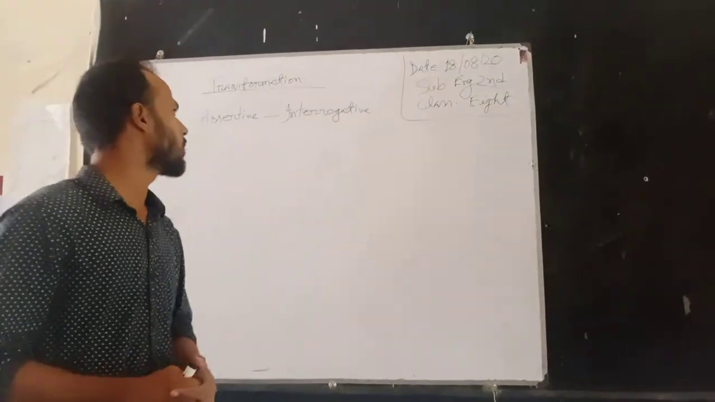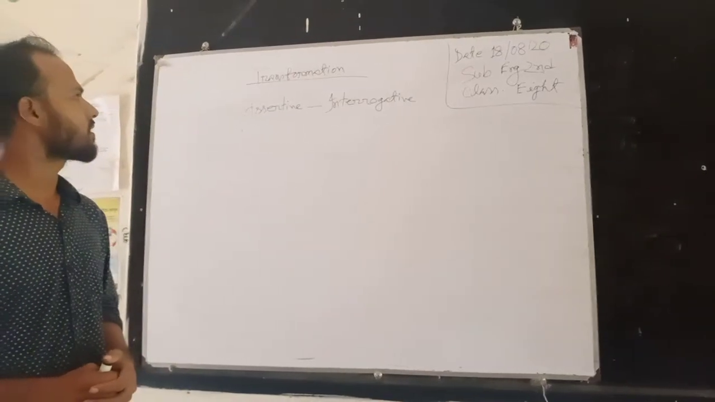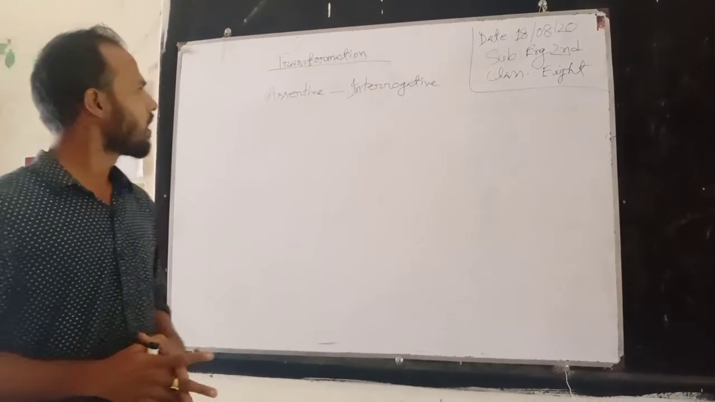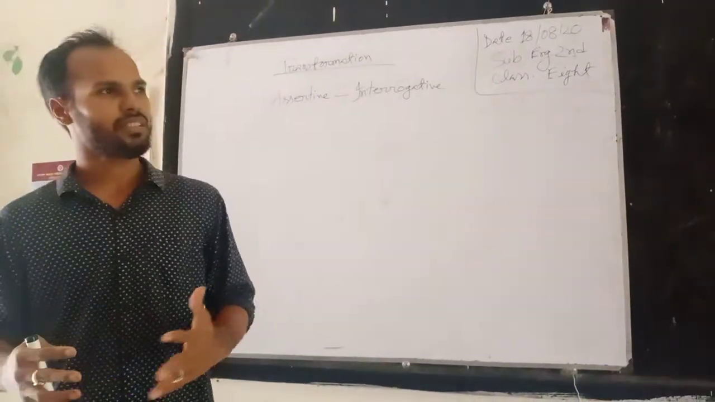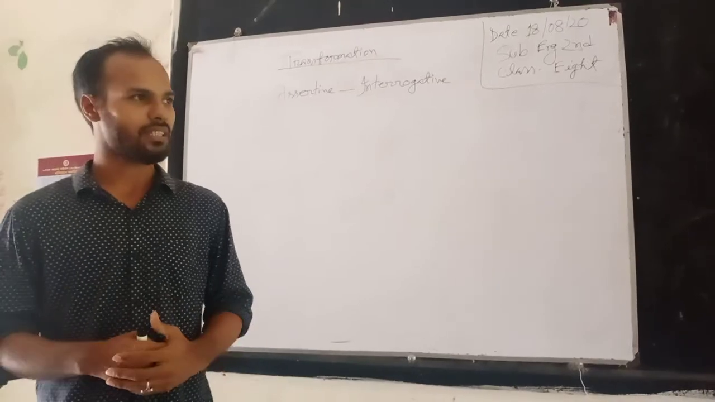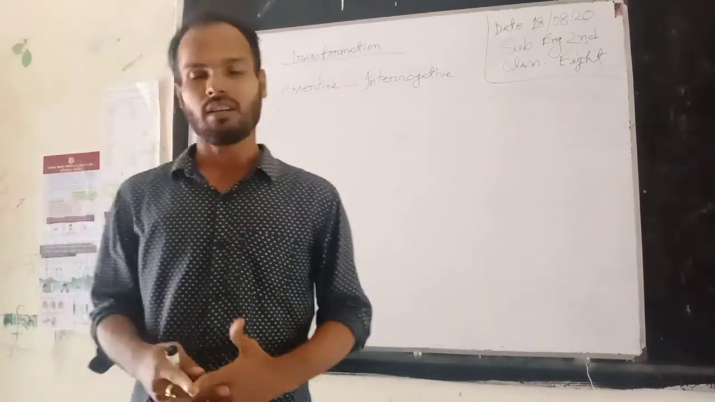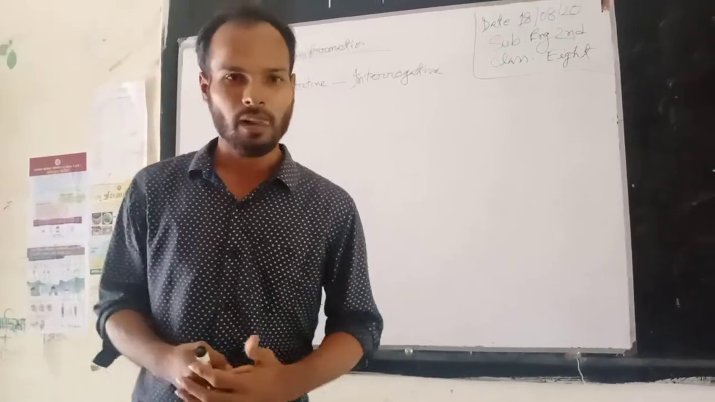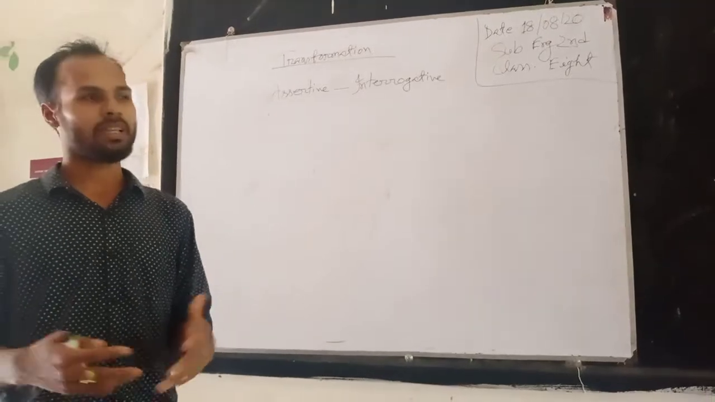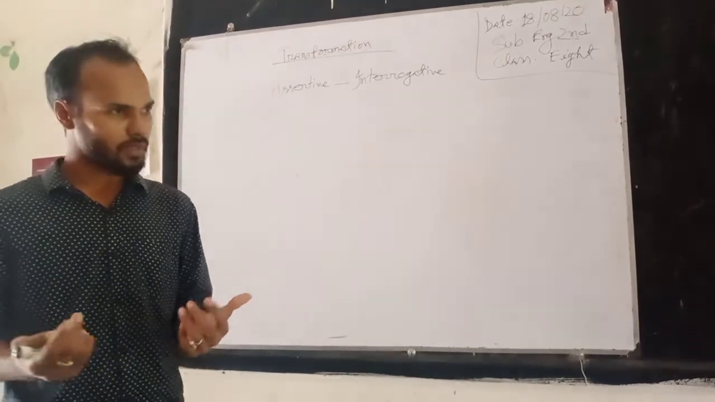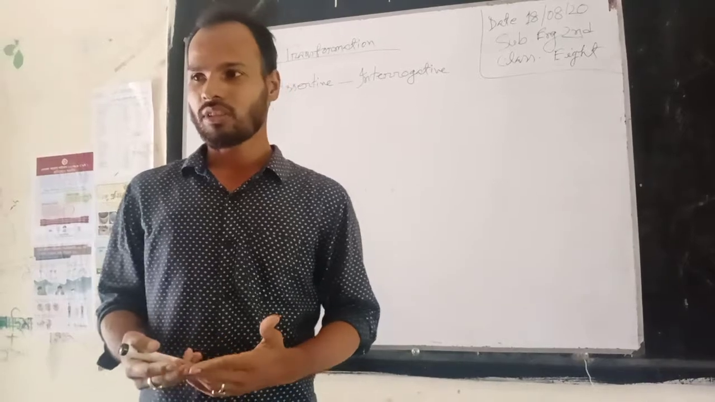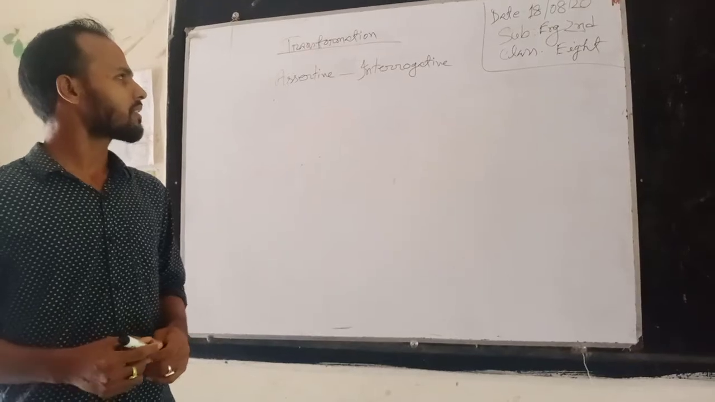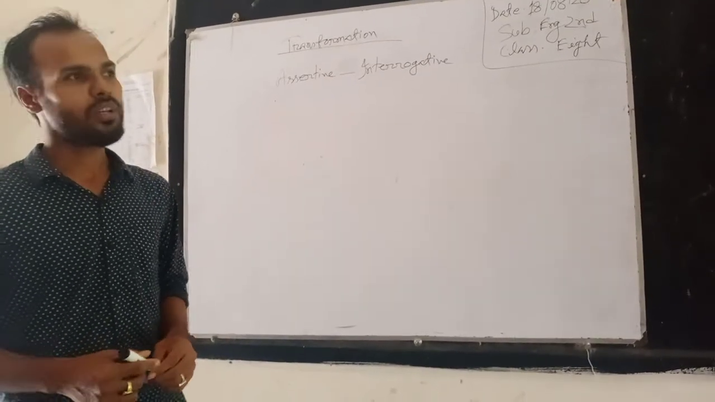As you see on the board, today's topic is a type of transformation, and that is assertive to interrogative. Assertive means assertive sentence. We make assertive sentences to assert something, to describe something, or to give information. And we make interrogative sentences to take information, to take answers. To make an interrogative sentence from assertive, we have to follow